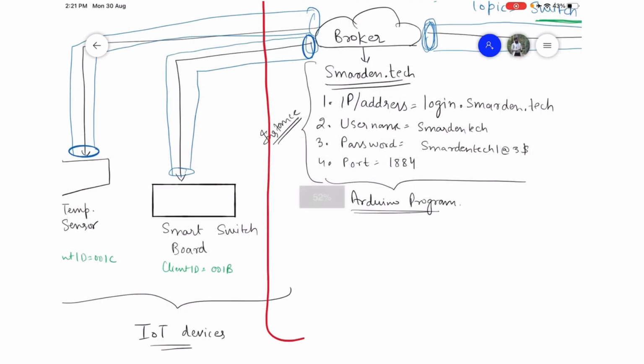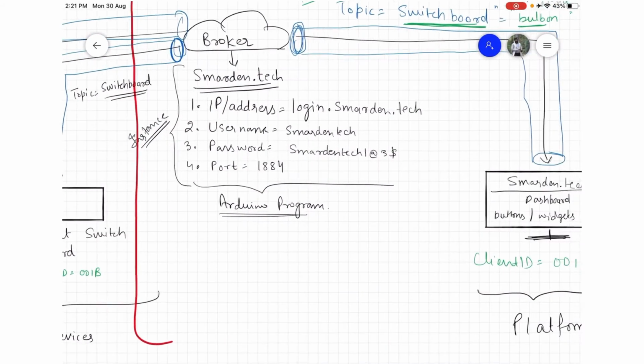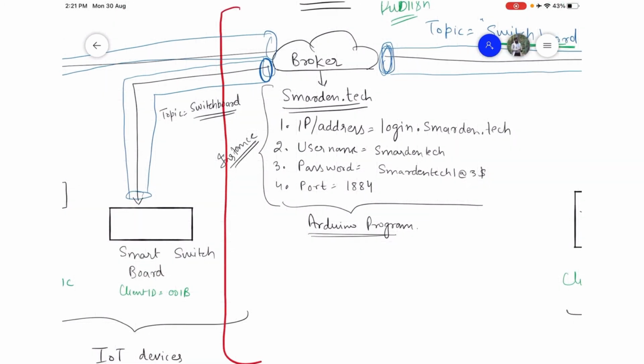So here again the topic is switchboard. I have to make sure that both the topics are the same. If I am communicating to the switchboard, then I have to publish on the same topic on which the switchboard has subscribed. So if the smart switchboard has subscribed on the switchboard topic, I have to publish the data on the switchboard topic itself.